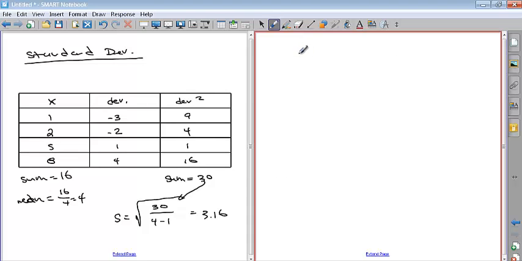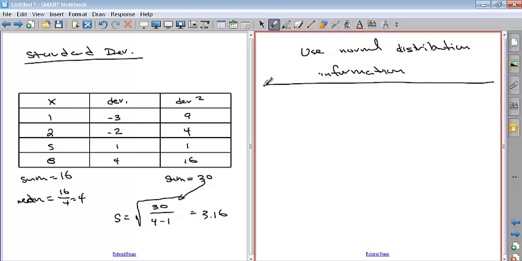And the final thing I want you to be able to do is to use the normal distribution information. Okay, so that is the part of the assignment for chapter 12. Remember, what we're talking about here is that if you plot the normal distribution,